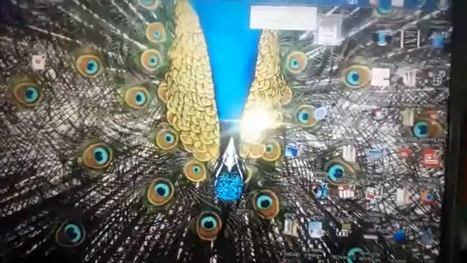Now the next point, computer. The computer folder in Windows 7 contains all the files and folders stored in a computer. To open the computer folder, click the start button and then click on computer on the right side of the window. Now I will show. First, see, it looks like this. Now I will show in a computer.